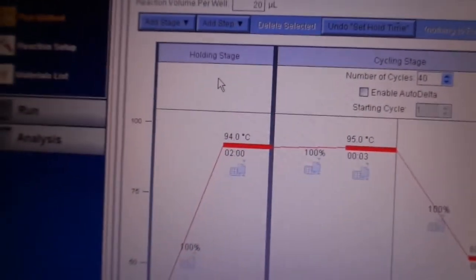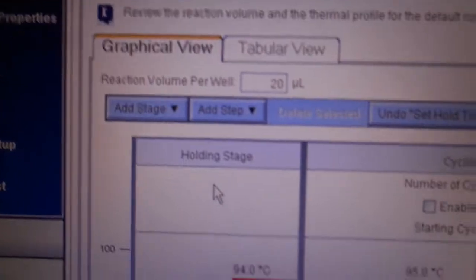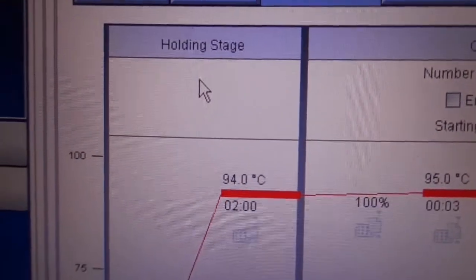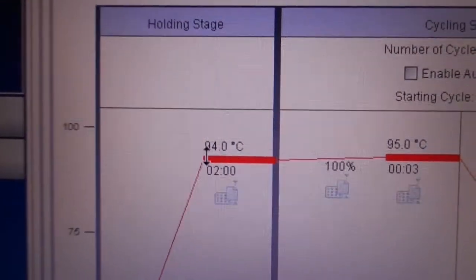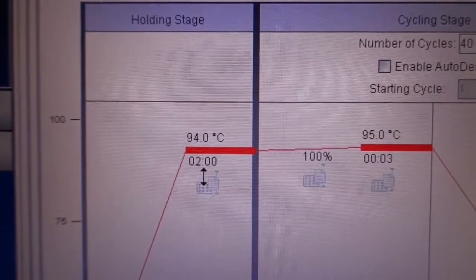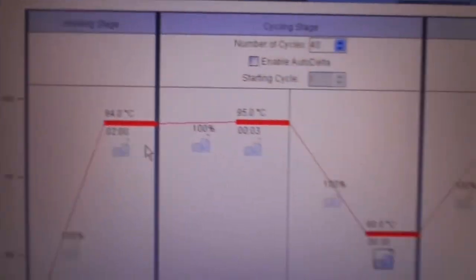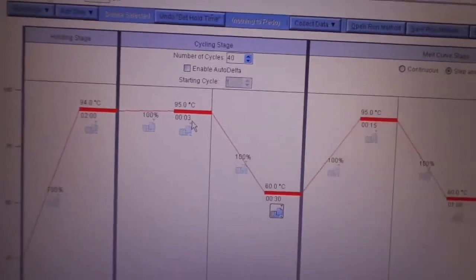This is the holding stage, the initial denaturation, 94 for 2 minutes, and